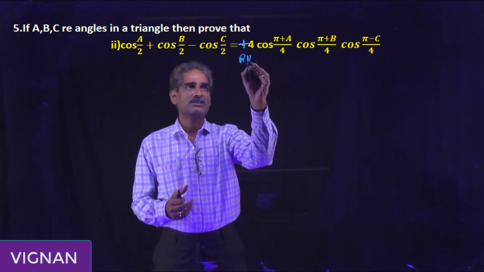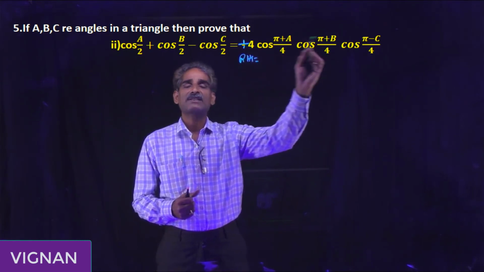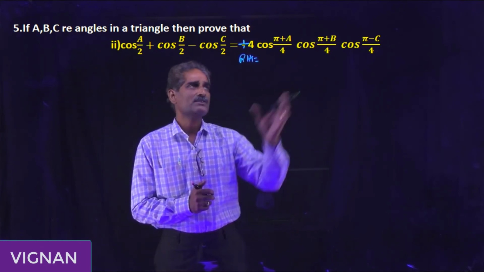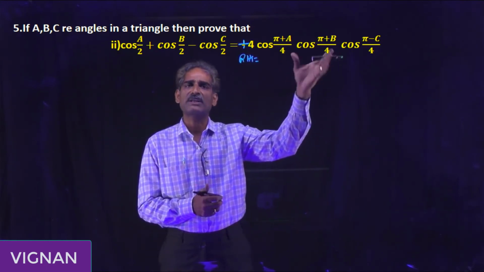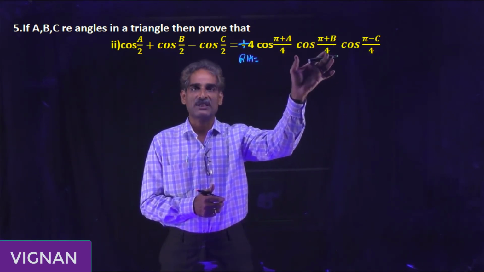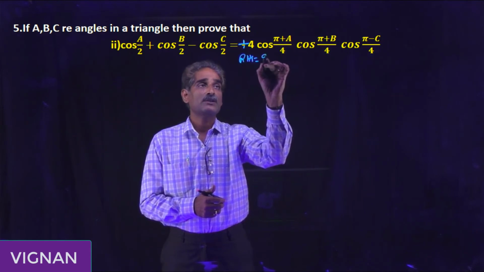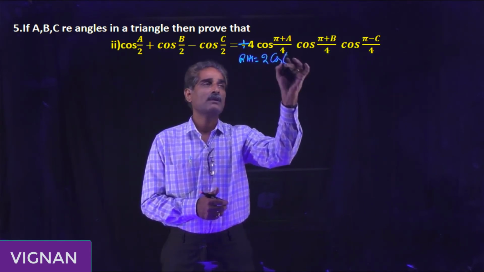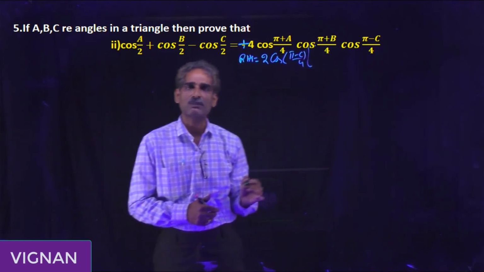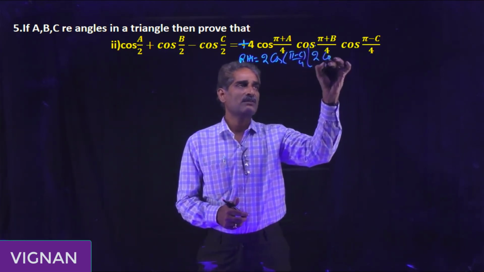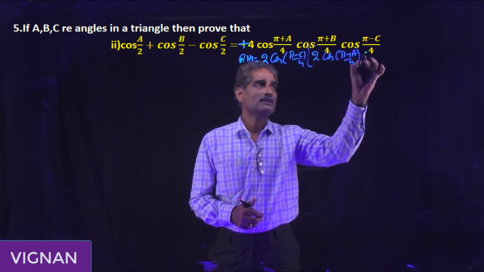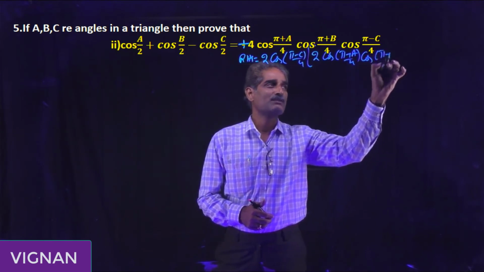Here RHS is equal to 4 cos A, cos B, cos C. We have a formula for 2 cos A cos B. Just select 2 out of 3; you can take any 2. So here I am taking the first 2 terms to apply the 2 cos A cos B formula. What about the remaining? 2 into cos of (pi minus C) by 4 is there. So for the remaining terms we have to apply the formula: 2 into cos of (pi plus A) by 4 into cos of (pi plus B) by 4.